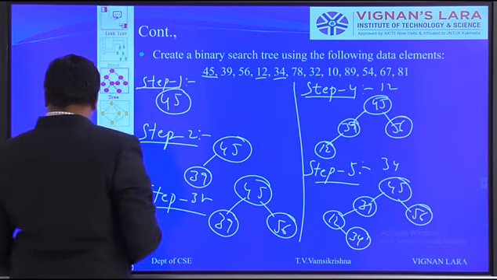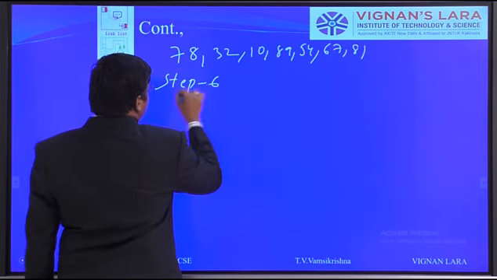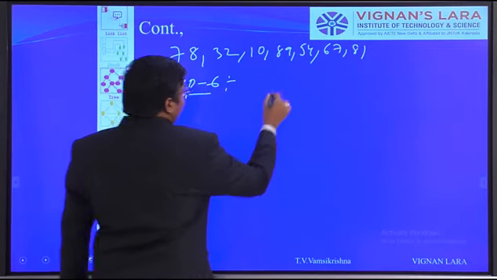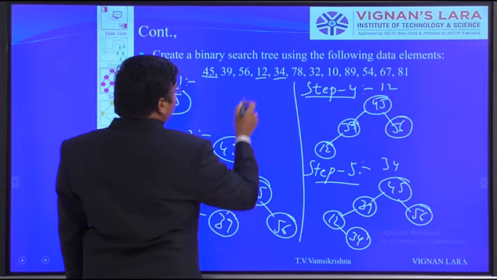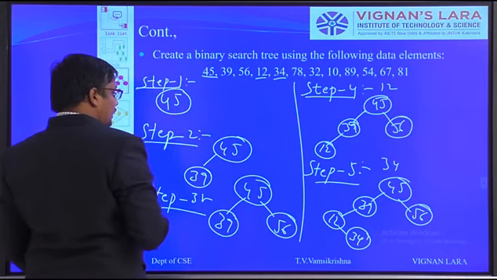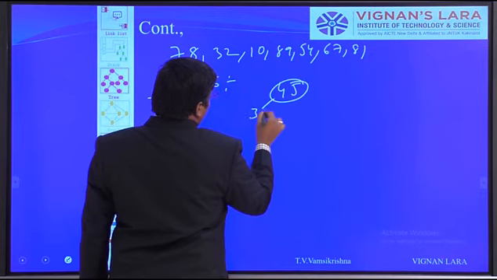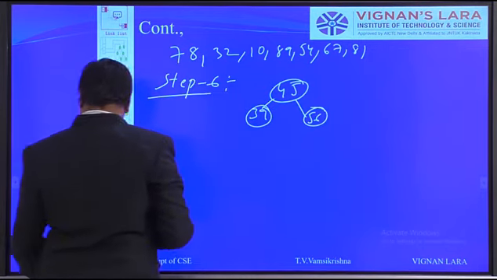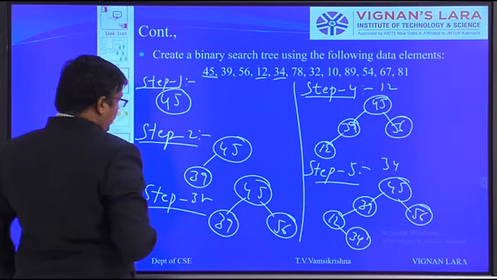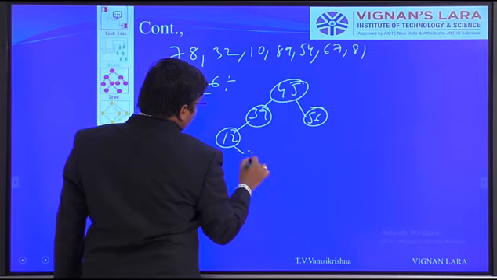So step 6. We have to write step 6. What is the status of the tree? First we have to draw. The first thing is 45. The next 39, 56. Next 12, 34.